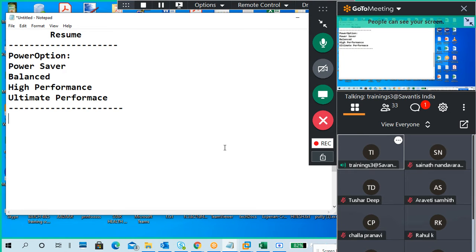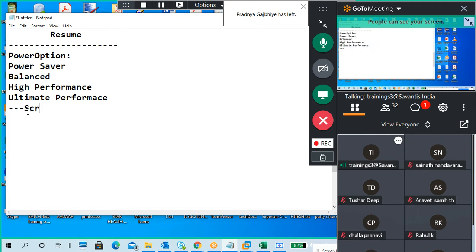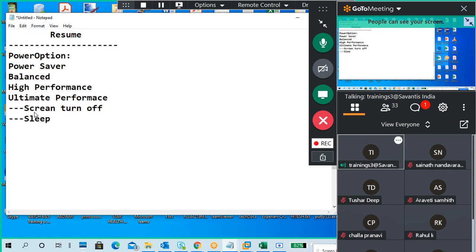Screen turn-off time and go-to-sleep time. This is it.